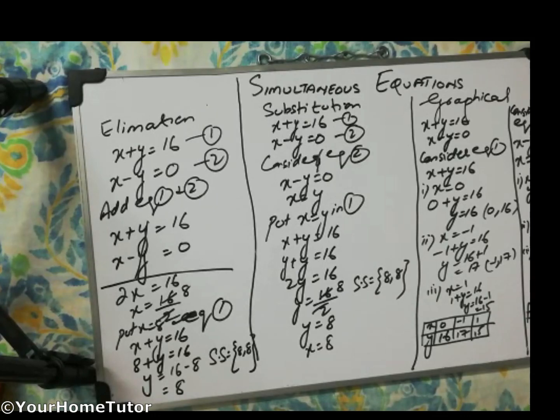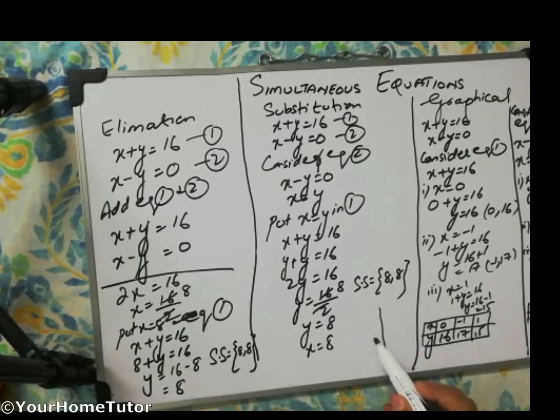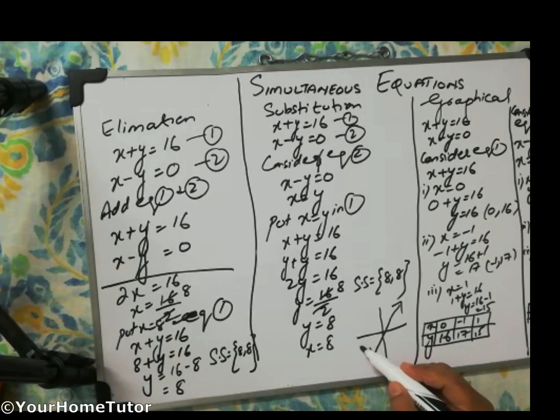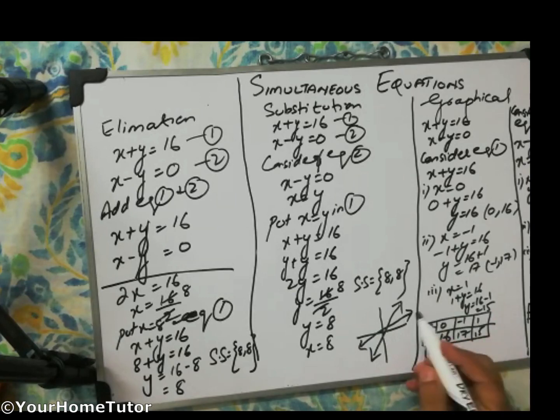Now what we have to do is plot both the equations. Suppose we plot equation number 1 and we get a line like this. Similarly, we plot the other line, and it comes like this. Right now we don't have the graph paper, so I cannot show you, but in short, the point of intersection, the point where both lines cut each other, will be our final solution set, or the final values of x and y.